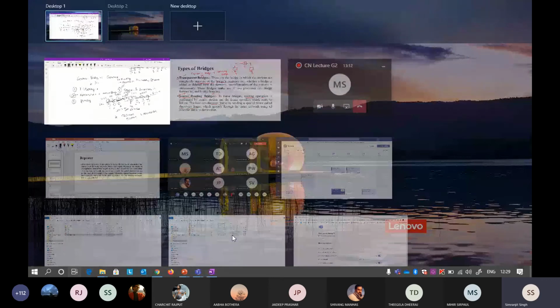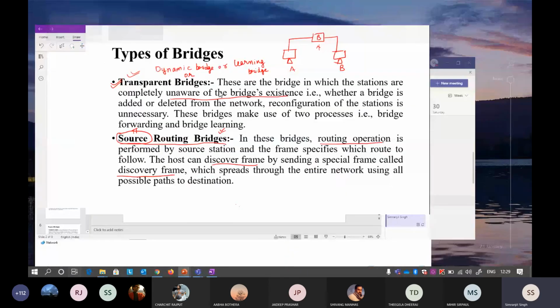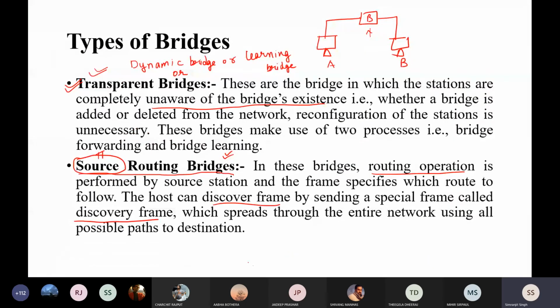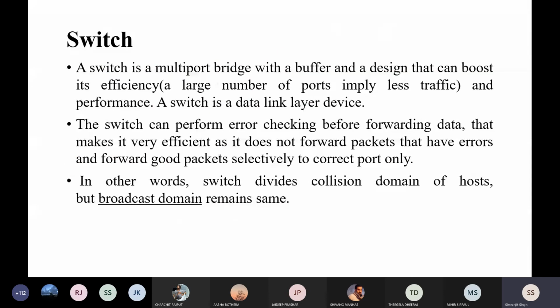Now the only thing is that the collision domain is decreased. For every device we have studied so far, there was no effect on the collision domain, but with the introduction of a bridge, because of the capability of the data link layer, the collisions are somehow decreased. I cannot say definitely how much, but it is definitely decreased. Now the switch is based on the same lines. It again contains a physical layer and a data link layer. If you have used a switch, you may have found it is very close to a hub.